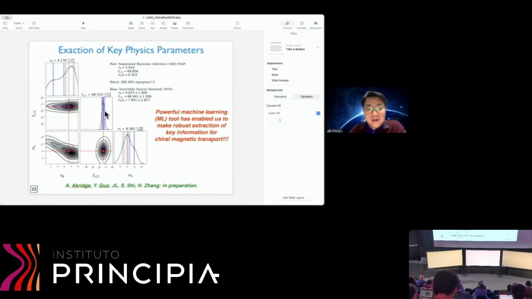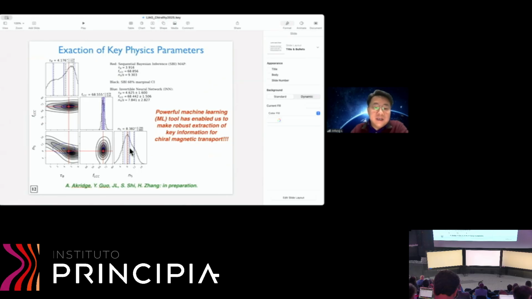And it's very robust. And then, of course, for N5 and tau B, this is N5. You can see it's a little broader, the tau B distribution a little broader, but still they have a very, very clear preference for a finite value of tau B, around 4 point something Fermi. And N5 over entropy is about 8%. Okay, so these are giving you really robust extraction, and it's really just data driven because you don't make assumptions